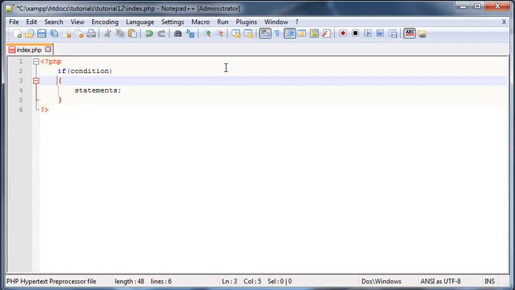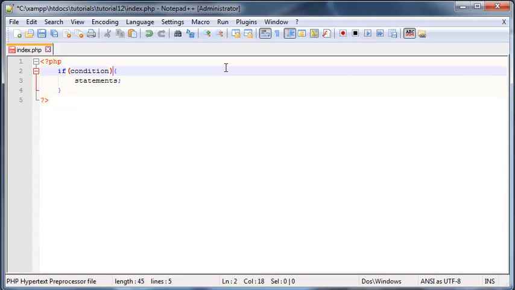There's no difference except for the fact that we get to save space if we do it this way. So that's how I like to keep my if statements looking. Okay, so like I said, we're going to put a condition in here,